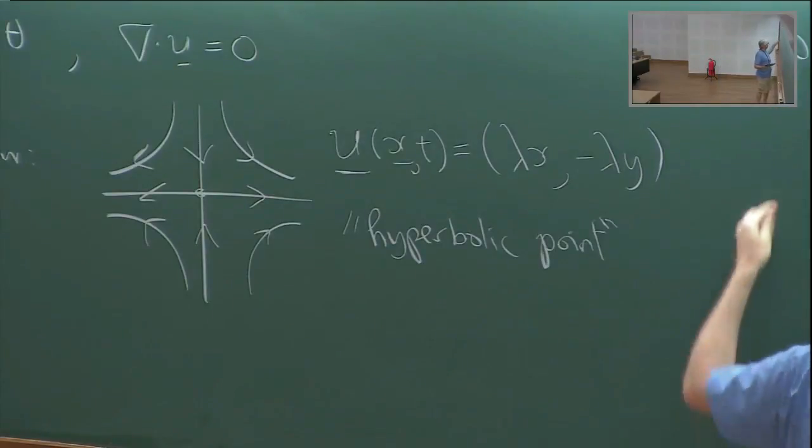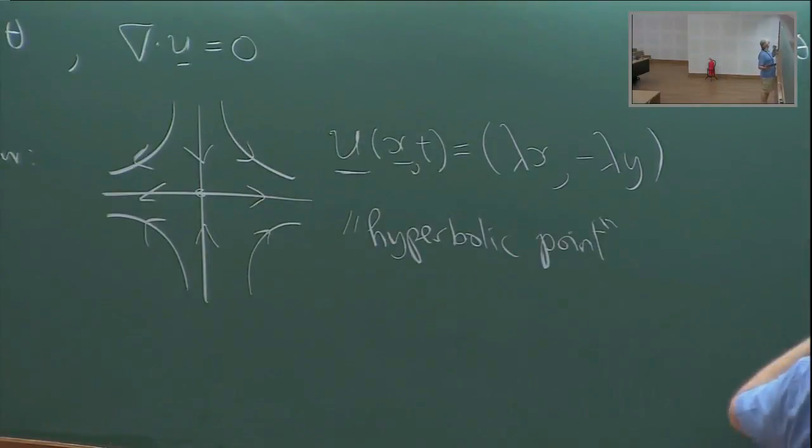oops, broken chalk. Now it's like this. So u dot grad looks like lambda x dx theta minus lambda y dy theta. By the way, of course, this has to be the same lambda in order that div u be equal to 0. And so the equation you want to solve now is